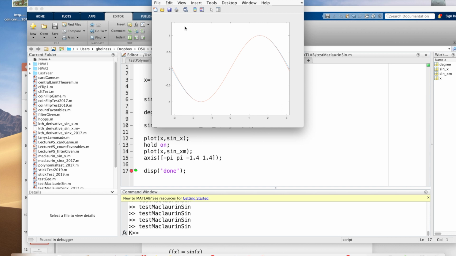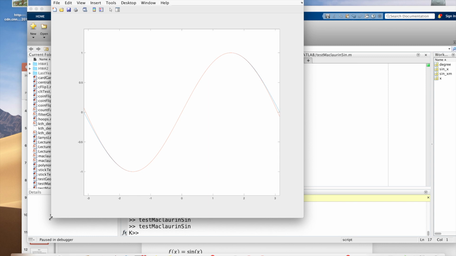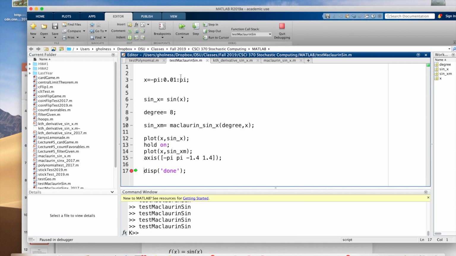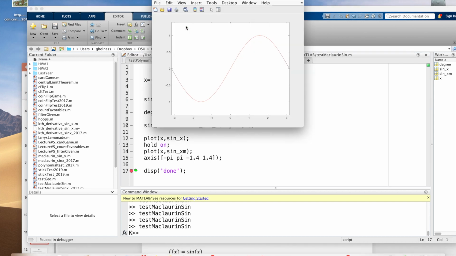Oh, wait a minute. It's almost spot on. There's a little bit of a gap on the first pi over 2, right? You'll see here the blue and the red are separated a little bit, but for the most part they coincide almost everywhere else. The first pi over 2 and the last pi over 2 separate a little bit. Okay, so let's try degree 9. Give it just a touch more wiggliness, order 9, and let's see what happens. Let's run this. And wait a minute, you can't tell the two apart. They're perfectly coincident with one another.